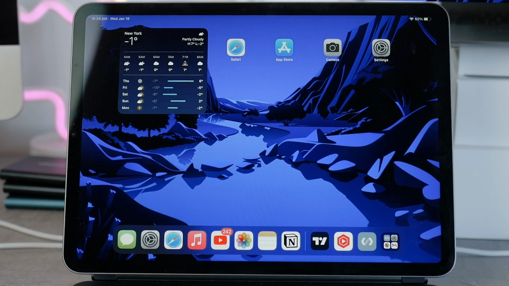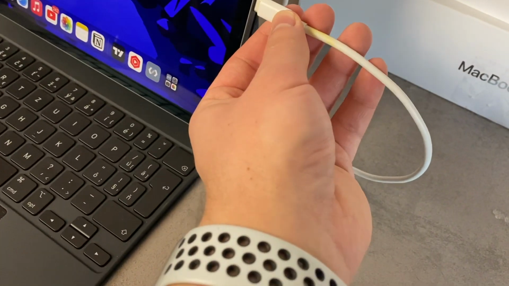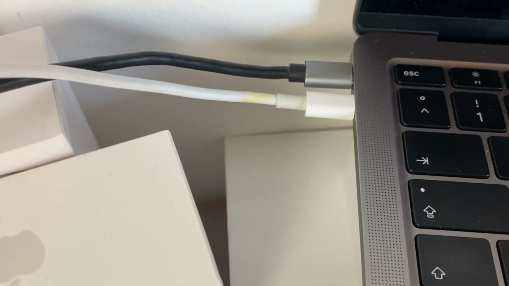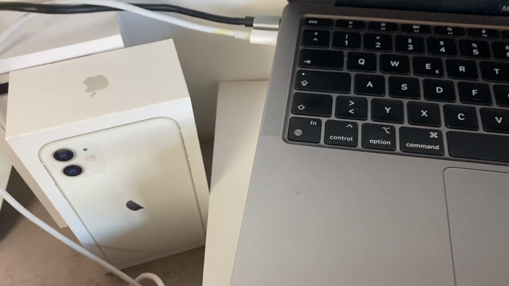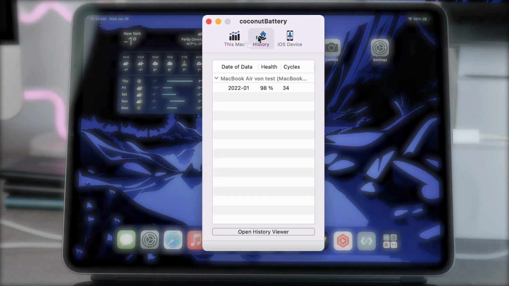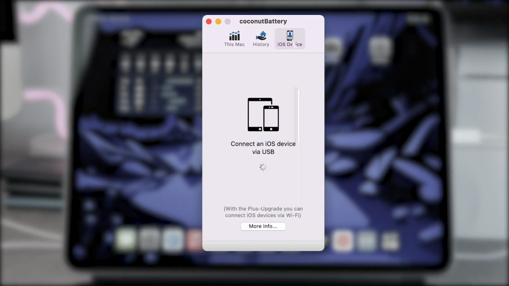So you download, install it, and open up the Coconut Battery on your Mac. Then you just connect your iPad to the Mac. You can use whatever cable you have in case you have like a Lightning to USB-C or USB-C both ways depending on what iPad you have. And there are 3 tabs in the Coconut Battery app. It tells you about this computer, then the history of the device, which in my case is the MacBook Air, and the iOS device, which if you click on that, it tells you that you have to plug something in using a USB cable. So in our case, I connected my iPad with the both-way USB-C to my MacBook,